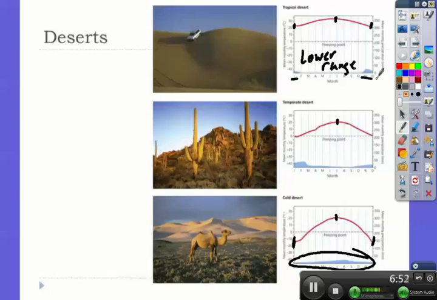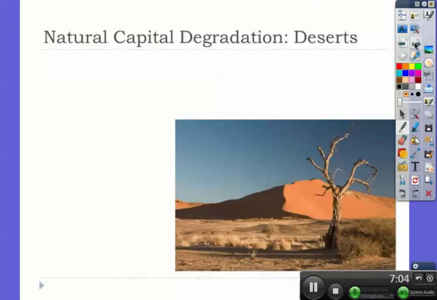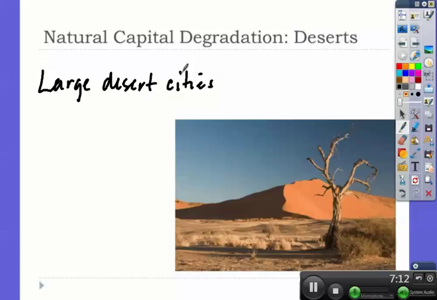Some things that you need to worry about with regard to natural capital degradation in deserts. You've got to worry about large desert cities being constructed in areas like the UAE, in areas like the Sahara Desert.